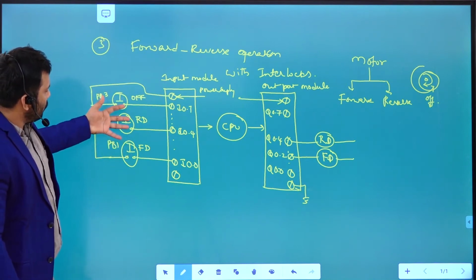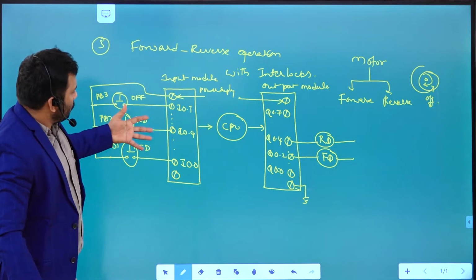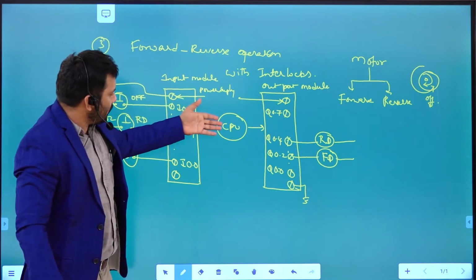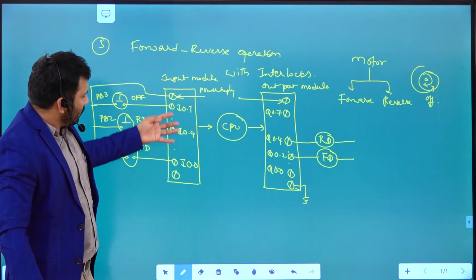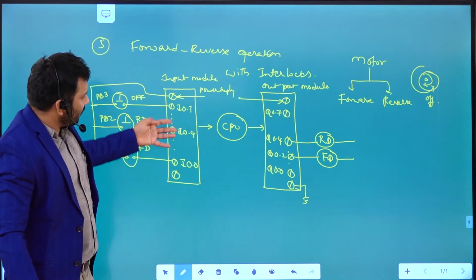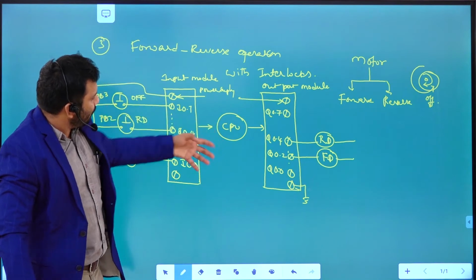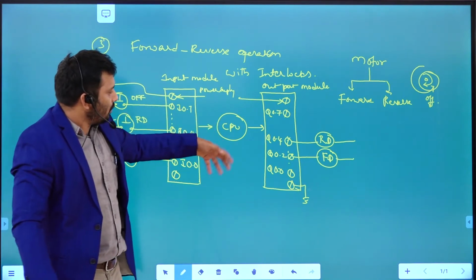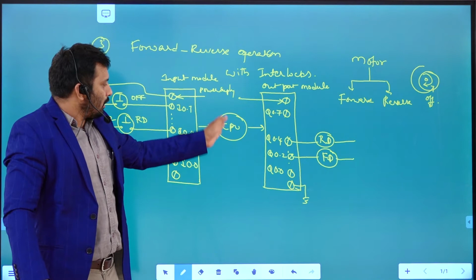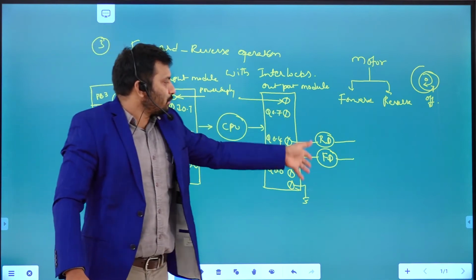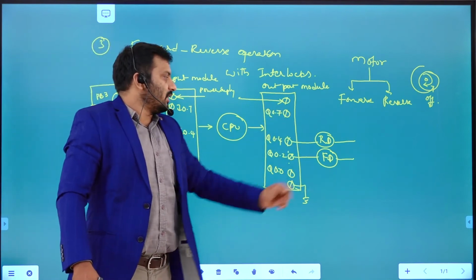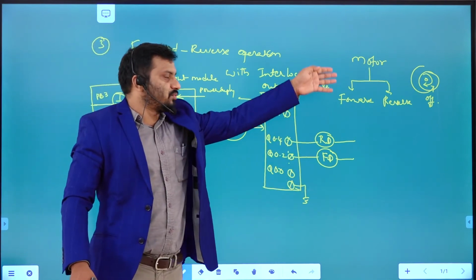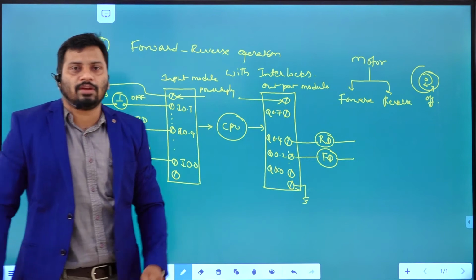These three switches give signals to the input module, and through the input module this data is stored in the input image block. This 3 terminal data is important for the program you write in the CPU to control these two output signals, which cause the forward and reverse direction of the motor.